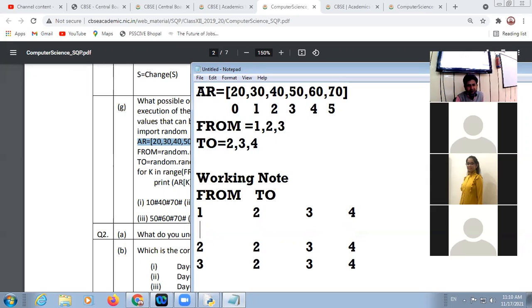Now, if we start from 1 and ending with 2, it means 2 times will be executed क्योंकि आपका 2 plus 1 है. 2 plus 1 means 1 time back. तो ये 1 और 2. ठीक है, इस केस में 3 times 1, 2, 3 और इस केस में 1, 2, 3 and 4. In the next case, it starting from 2 and ending is 2. Single time will be executed. Here 2 times, 2 and 3. Here 2, 3 and 4.